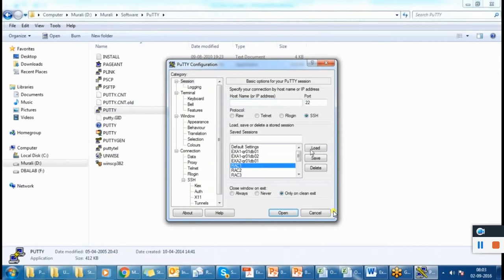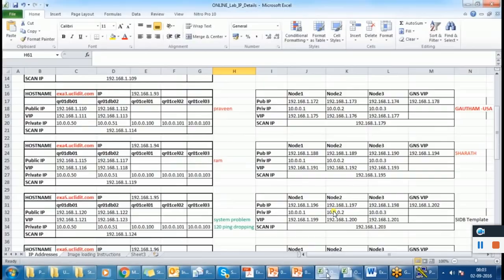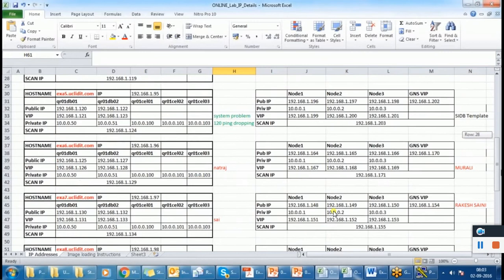So I will connect to Sai's server because you reported some issue. Let me check from my side.